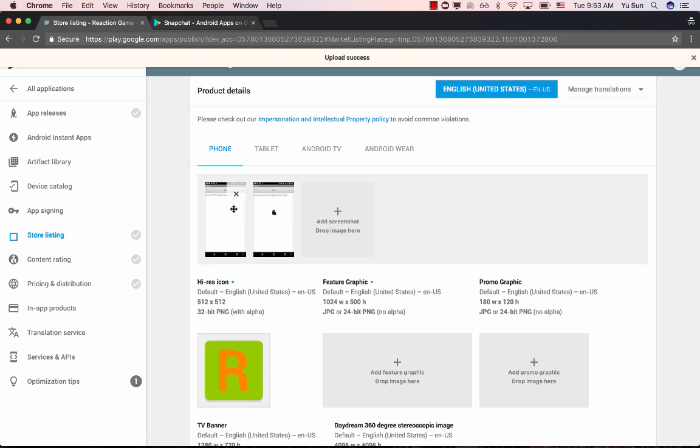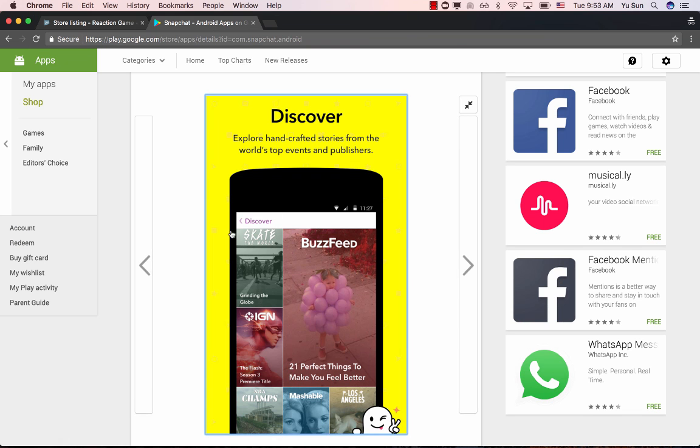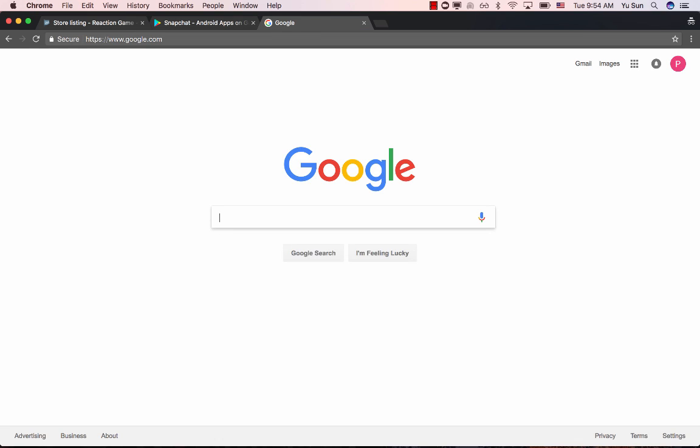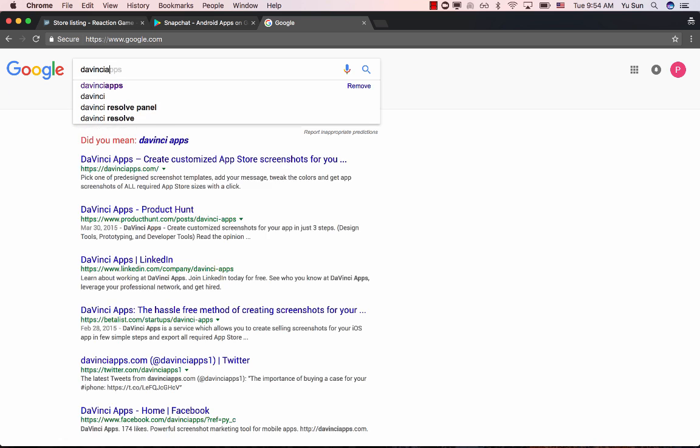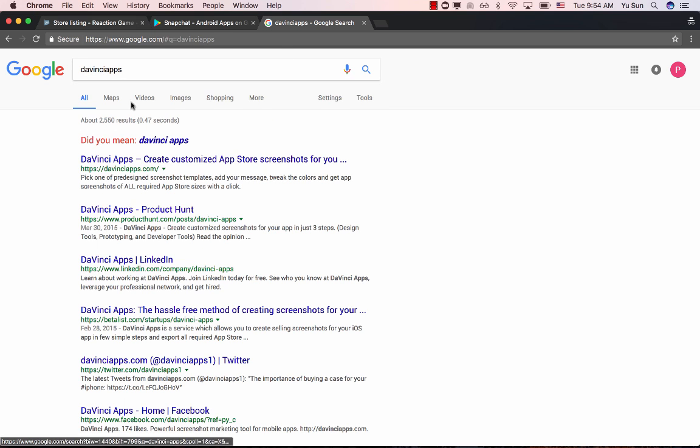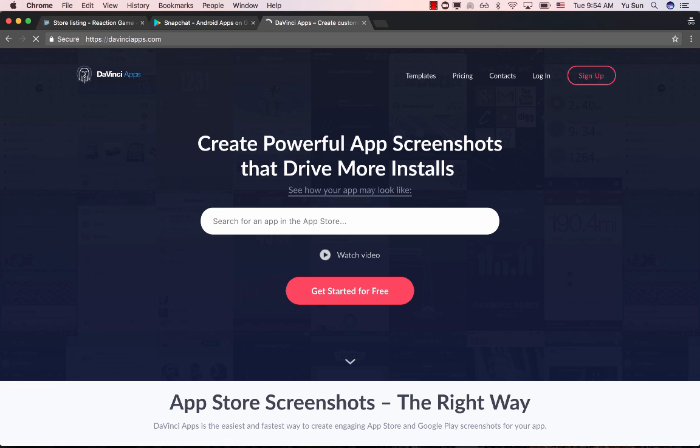But compare this one with the one we just saw from Snapchat. That's different because Snapchat has this nice background and text and everything to make it look more professional. So I highly encourage you to also try that kind of style. And if you don't know how to make those kinds of images, one tool you can use is something called DaVinci Apps. All right, so if you Google that and open it, it has a free account you can use. So if you log in,